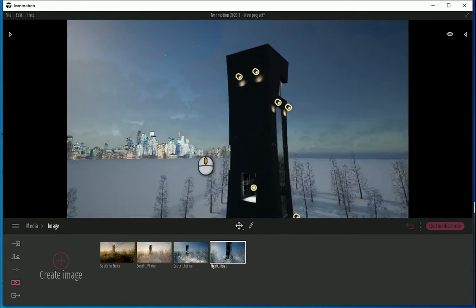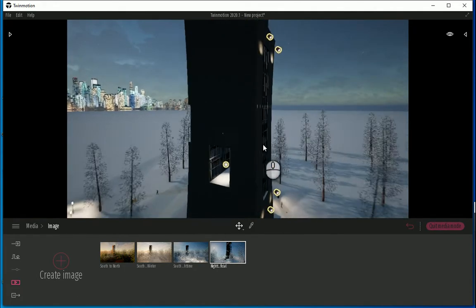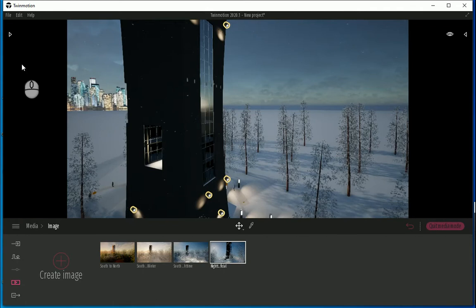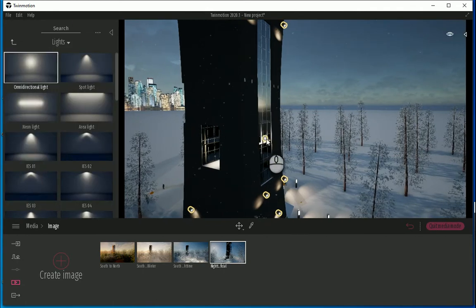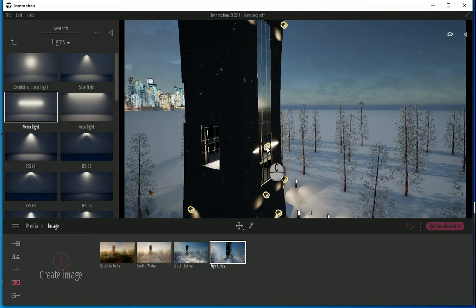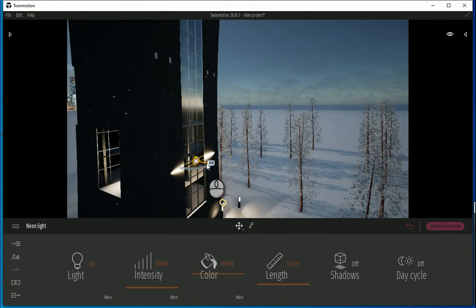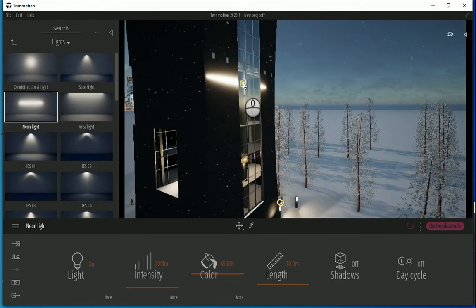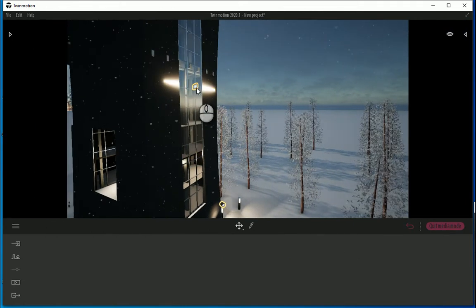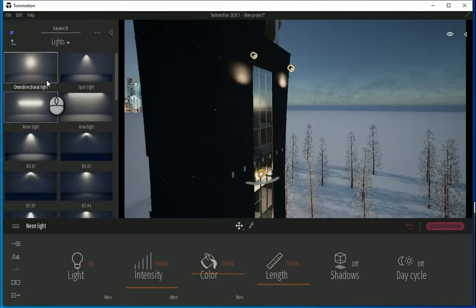Okay, how about I also add some lamps right before the windows. I'm gonna go with the same light, or maybe even this one. Oh, interesting. I want to put it there, somewhere around there, and then I want to select it and hover the mouse around here so that I can move it inside. Okay, one more, maybe 2 or 3 floors above. I want to select it, move it inside. One more.